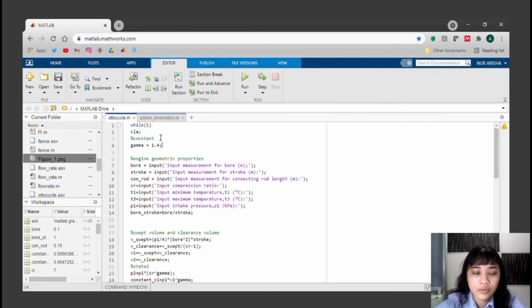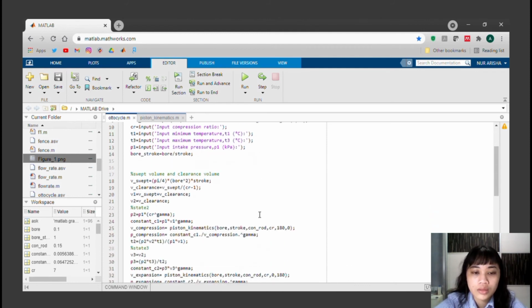So here we have the script file for the engineering problem. We started off with the while loop on infinity, and then we have the constant, and then we have the engine properties where we can input the engine properties based on our problem. And then we have the program where we can calculate all of the properties on the other points, such as